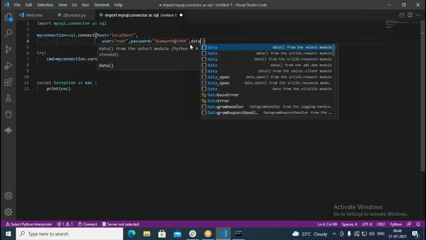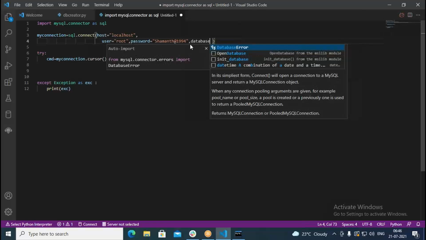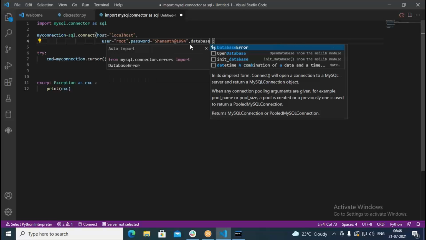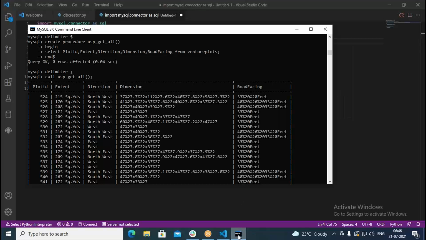Then write database, equal to, and we need to put the name of the database, the same one we have used here.